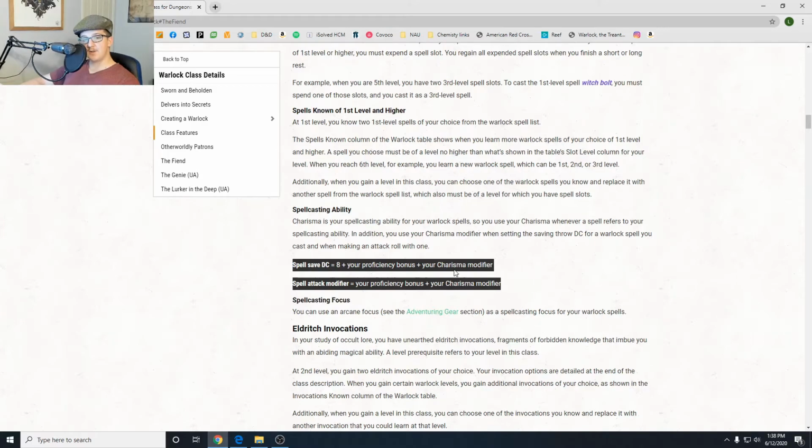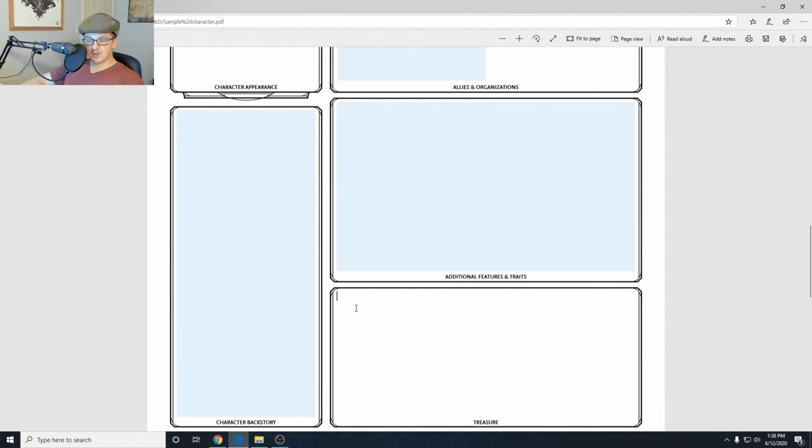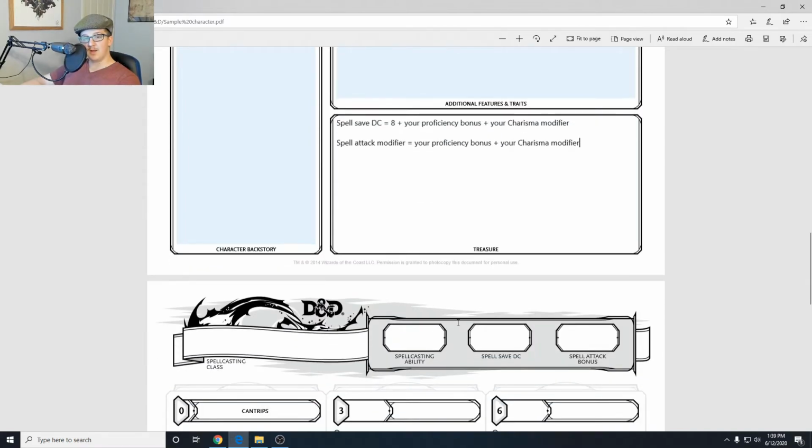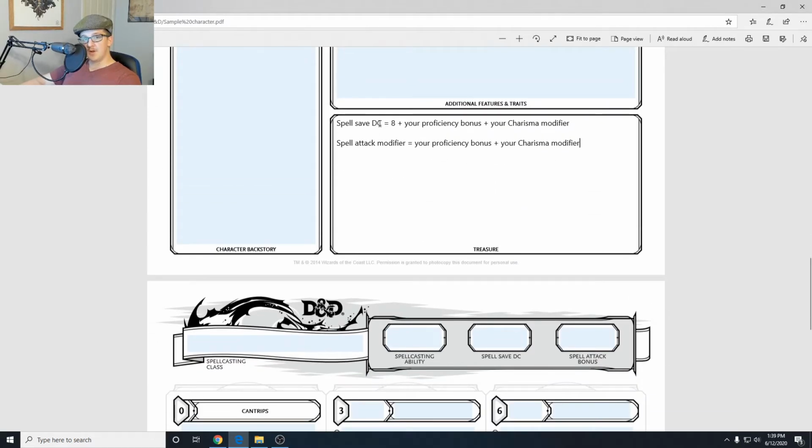the mechanics. So, our spell save DC, these are 2 formulas that I recommend copying and pasting into your character sheet. I typically just throw them in Treasure or wherever you want to put them. That way they're on your character sheet, so as you level up, maybe you level up in the middle of a session, you can't refer to a video or anything like that, and it's just a quick, ooh, boom, your proficiency bonus went up, so how do I make my actual spell save DC and spell attack bonus go up, respectively? So, if we follow these formulas, our spell save DC is equal to 8 plus our proficiency bonus plus